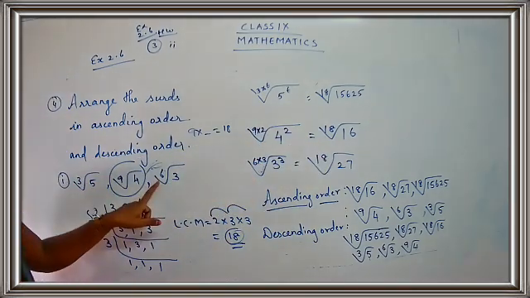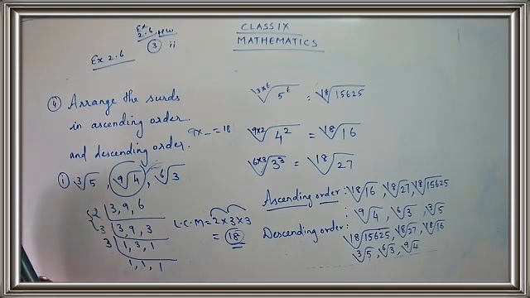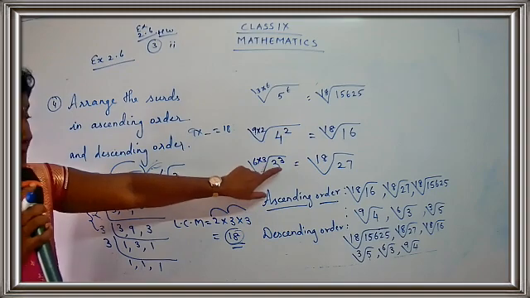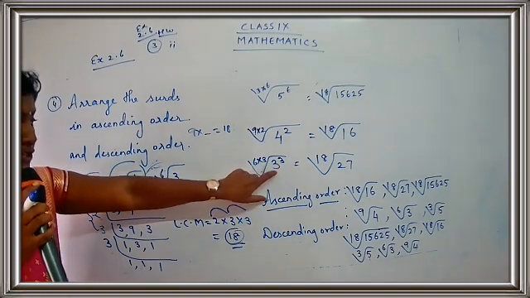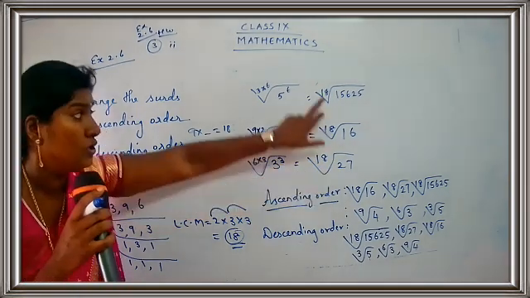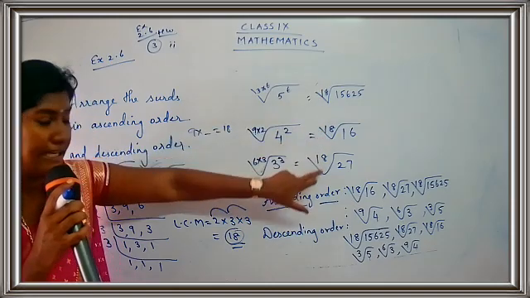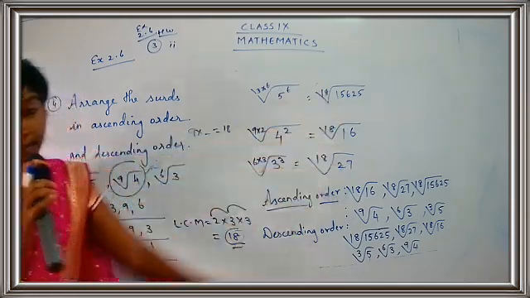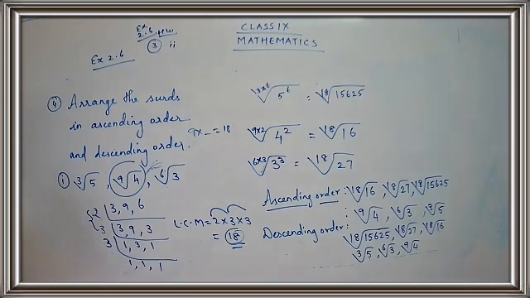And the same way, the last was 6th root of 3. 6 is present here, so 6 into dash is equal to 18. 3, so just raise the power as 3. You get 3 into 3 into 3, that is 27. So now I have all the index as the same. So you are just going to compare the radicand and you will get the required answer. Are you clear, children? Okay.